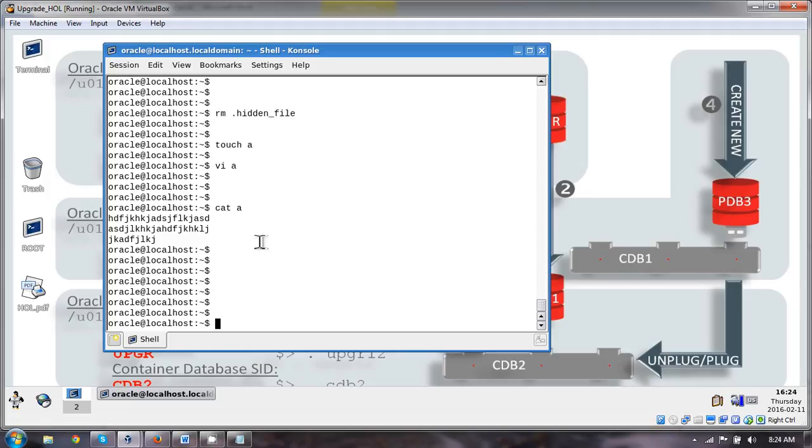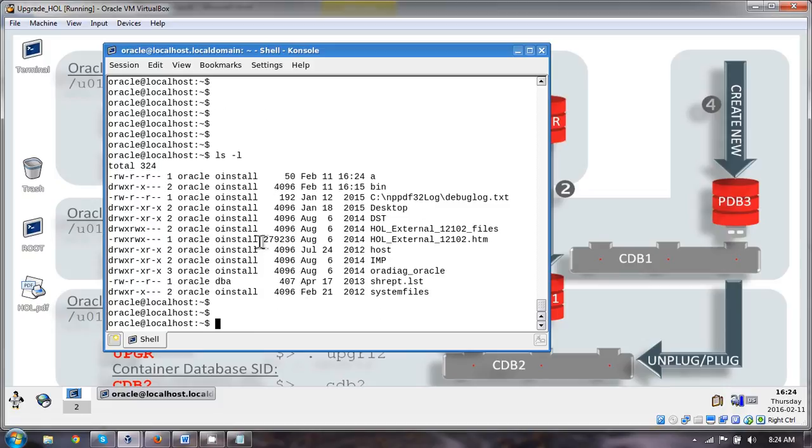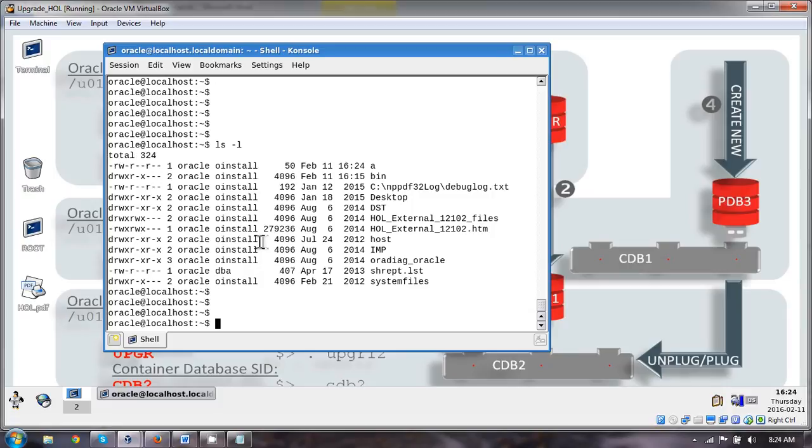Okay, so now the find command also has a lot of variations. You can look for a file older than a couple of days by using, actually let me show you that. So right now we are in our home directory, and in our home directory I want to actually